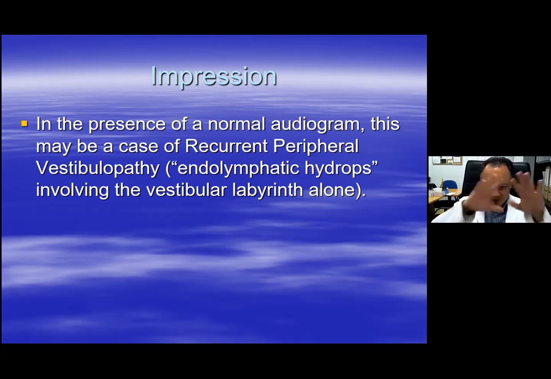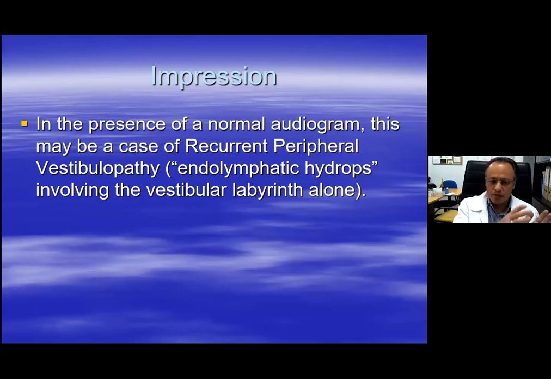We'll be talking about the vestibular labyrinth being involved in the cochlear knot. And this is what's been described at the moment as recurrent peripheral vestibulopathy. So we don't have just two conditions to differentiate between; we also have a third condition. We have Meniere's disease, we have vestibular migraine on one end, and the third